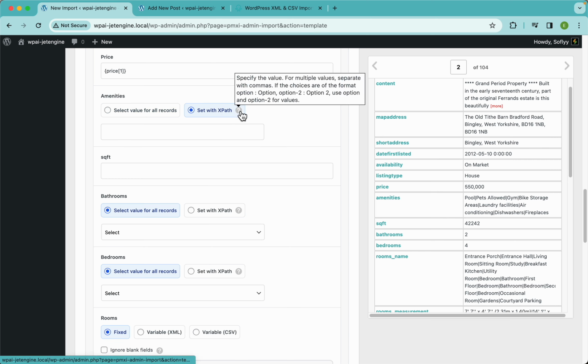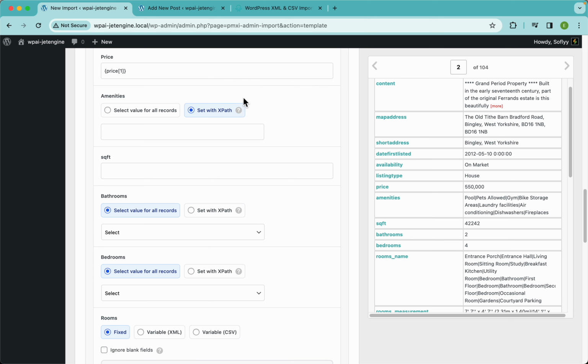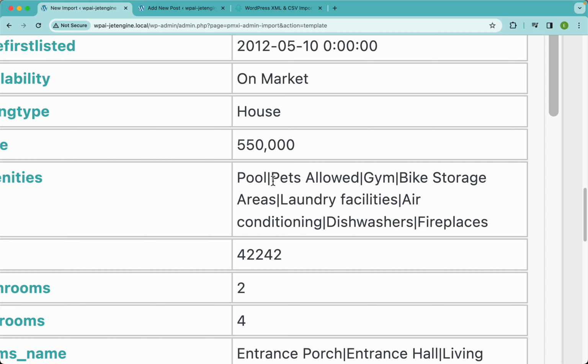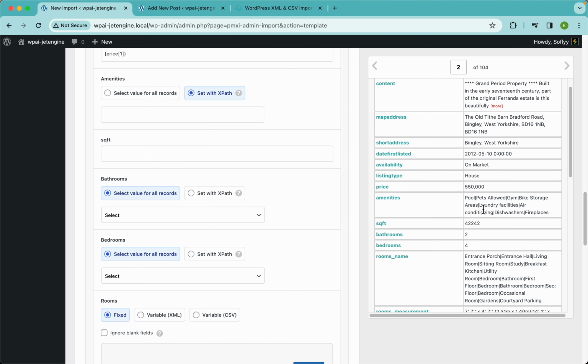Now, if I hover on the question mark again, guys, you will see that WPL Import tells me that I need to actually separate these elements with a comma. Now, I have this here with a pipe, which is not good for us, but not to worry,